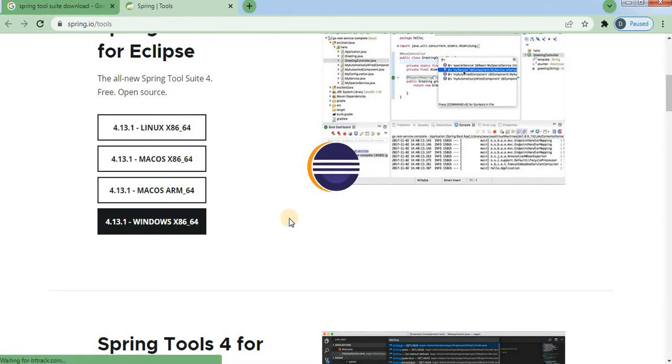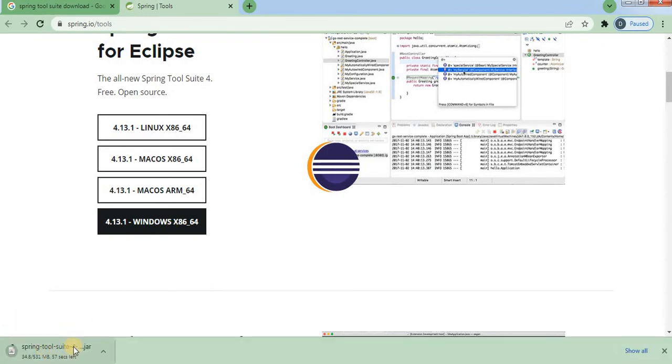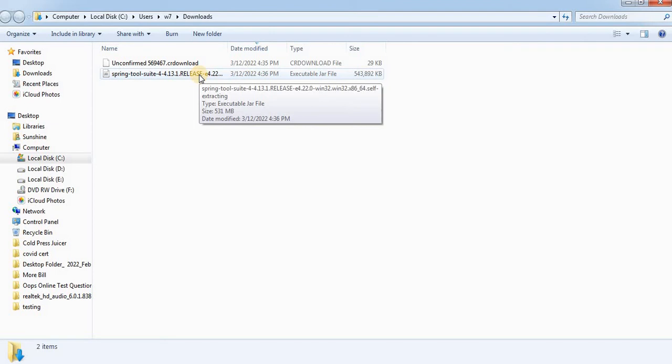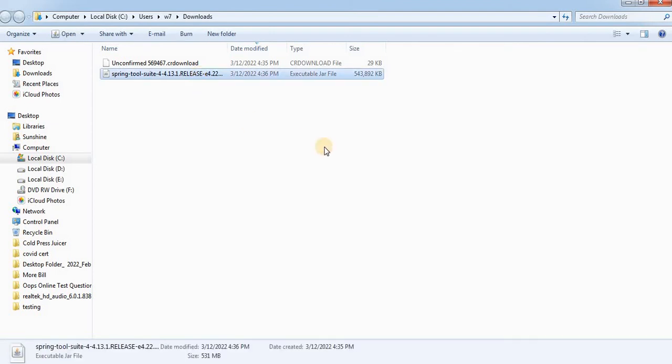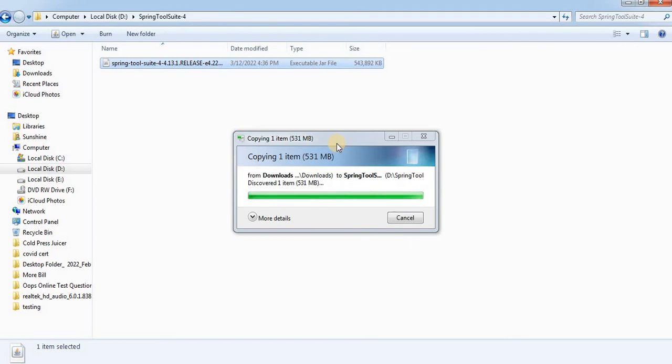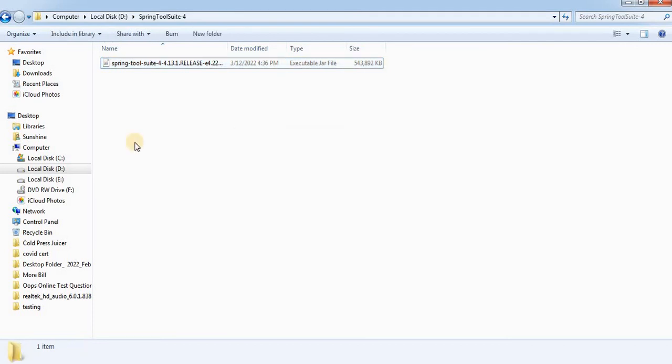I will click on this. You will find that the Spring Tool Suite 4 jar file will start downloading. Once the download is complete, you just click here and click on show in folder. Here you will find that your Spring Tool Suite jar file is downloaded. What you need to do is copy this jar file and paste it in some other folder. I pasted it over here. Then you have to double click on this particular jar file